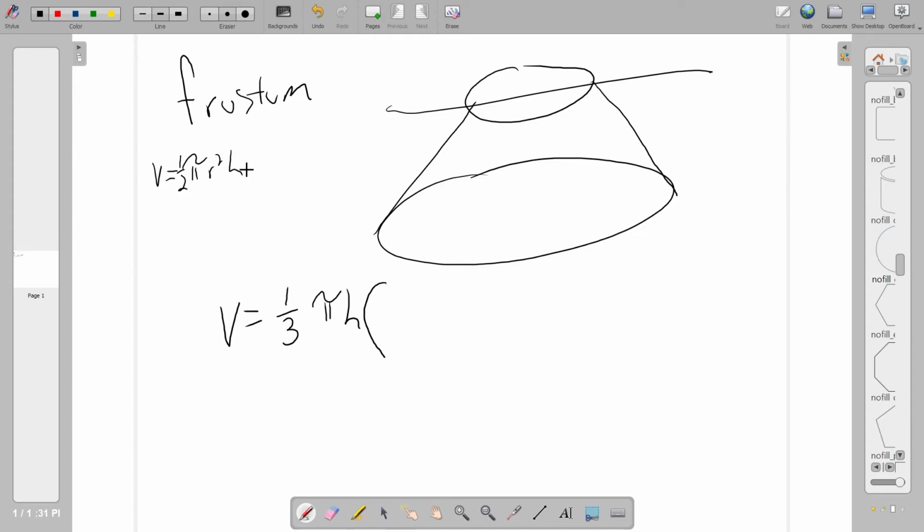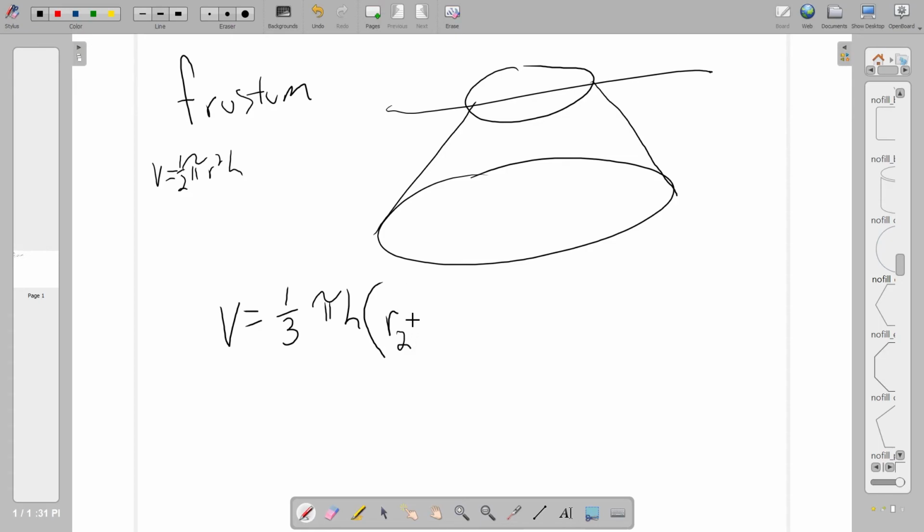So we still have the pi h, but instead of r squared, because it changes, we're going to have a rather confusing thing. I don't like the way they did that, so I'm going to do it the way I'm used to it. I'm going to erase that. We're going to have